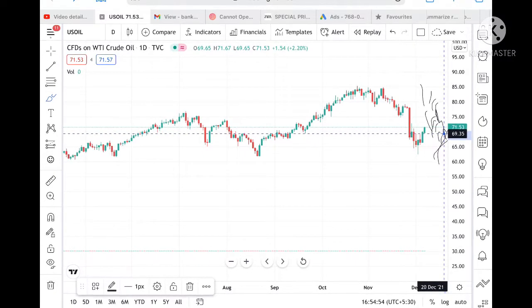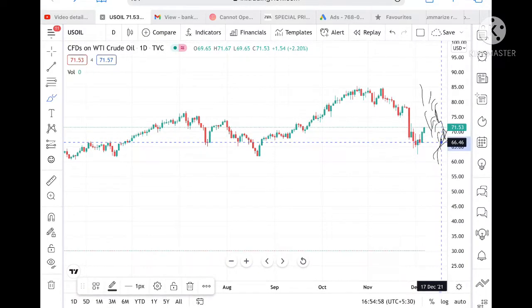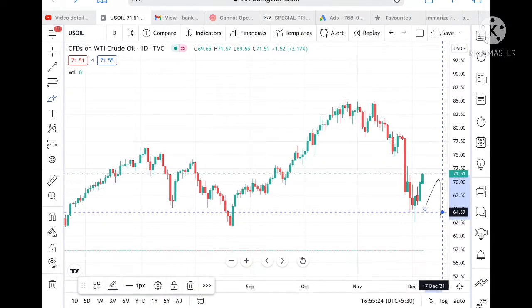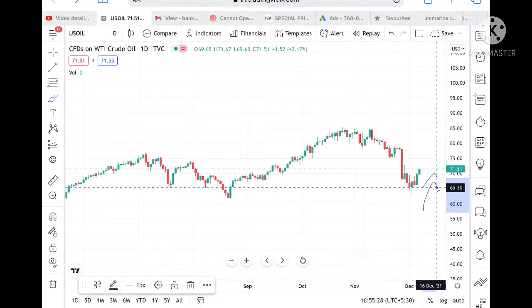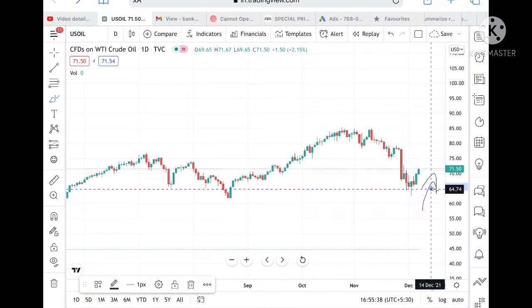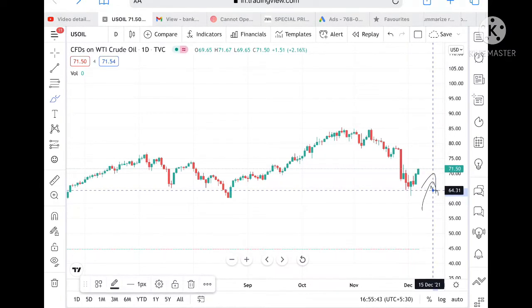Okay, and if the price goes below this level, then we can see it can go and touch a level of 67.47, and from there we can see it can go and touch a level of 65.74. See, if the price then goes below this level, below a level of 66, then probability is there it can go and touch a level of 65. Once the price goes below a level of 66, a level of 64.74, which is already tested, so chances will be very high we can see a level of